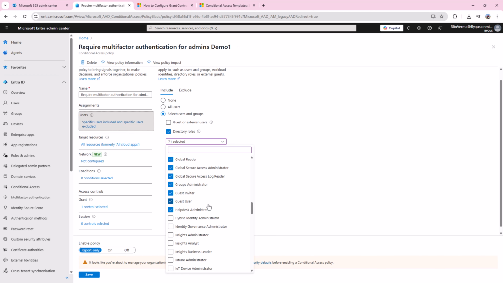So guest inviter, guest user, hybrid identity, insight analyst, anyone who is trying to access any feature where they can administer things will need multi-factor authentication. So license administrator also needs it, knowledge manager. So all these roles will need multi-factor authentication.